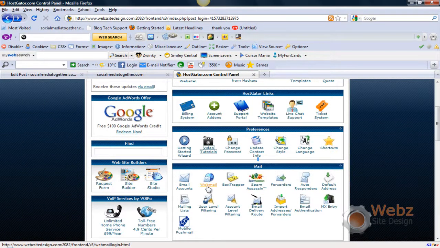Now the only way you will be able to access your HostGator account is if you have hosting and you signed up and you got a username and password, and you would have a primary domain name for your account. Now your primary domain name, you can add on unlimited amount of email accounts so people can keep in touch with you. So you'd go to email account right here,